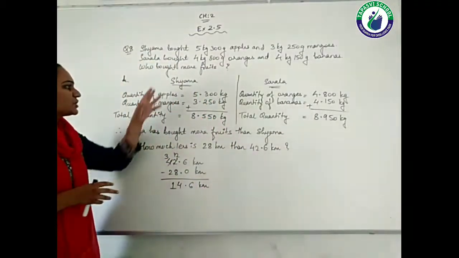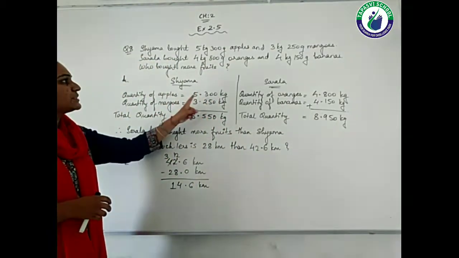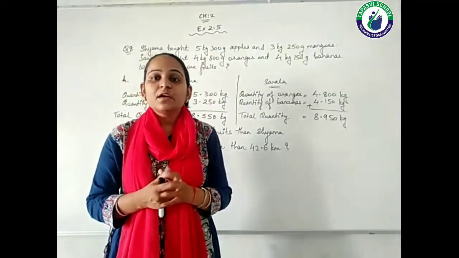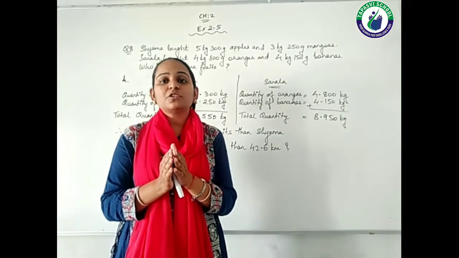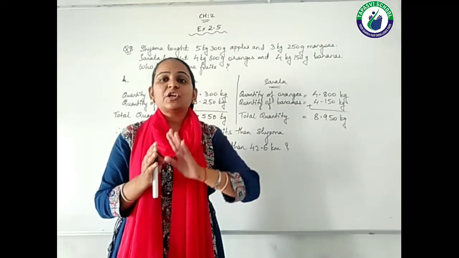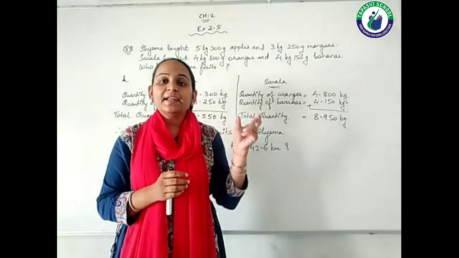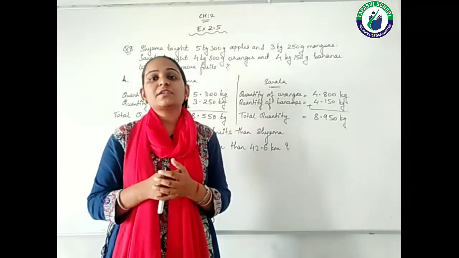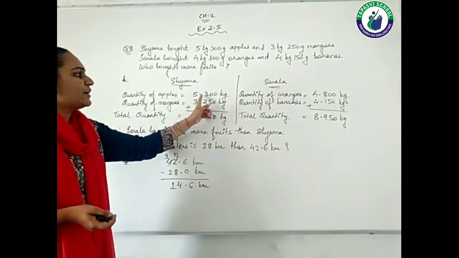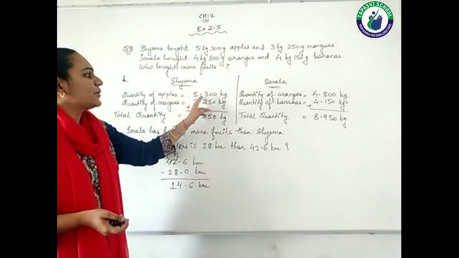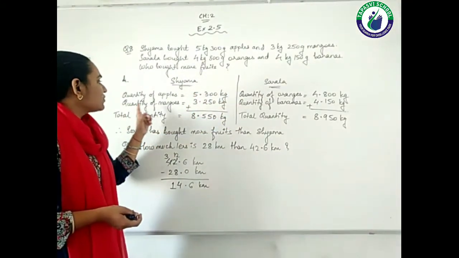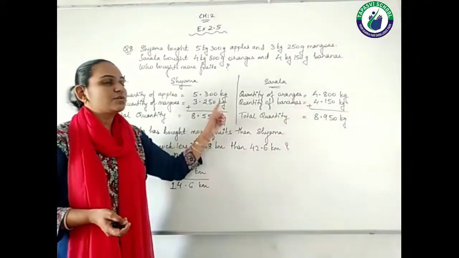So here I have written, work out for Shyama, the quantity of apples. See, 5 kg 300 gram, friends, you should know how to write in decimal, right? How to write it? The kg part is to be written before the point and the gram part to be written after the decimal point. And whenever we are writing the unit, students, we should always write the bigger unit, right? So see here, 5.300 kg, meaning the kg part is placed before the point and the gram after the point. So 5.300 kg. Next one, quantity of mangoes, that is 3.250 kg.